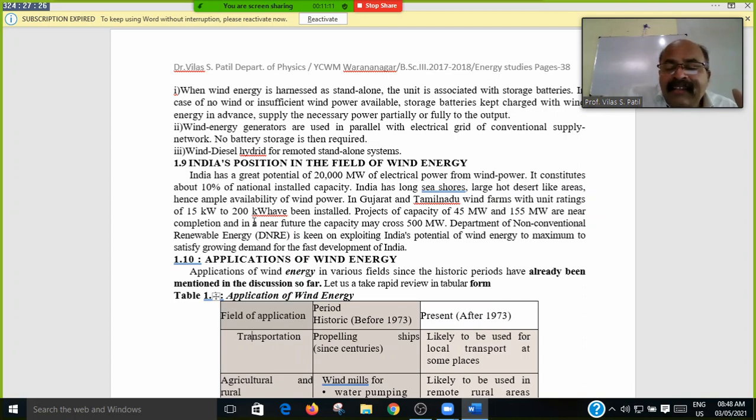In Gujarat and in Tamil Nadu, wind farms with wind ranges of 15 kilowatt to 200 kilowatt have installed projects, and projects of a capacity of 45 megawatt to 155 megawatt are nearer to completion. In the near future the capacity may cross the